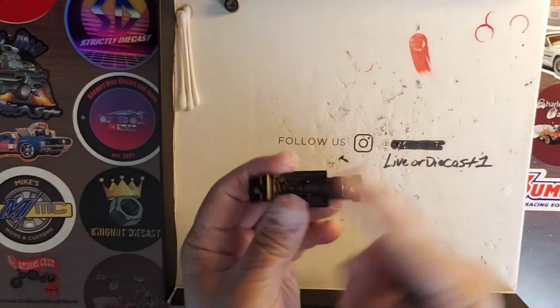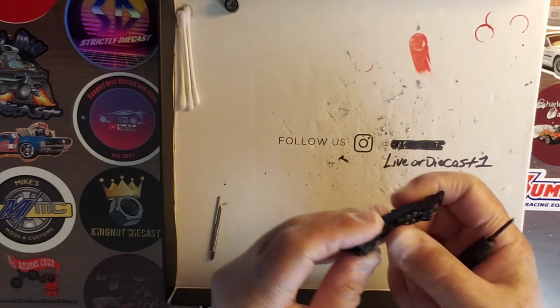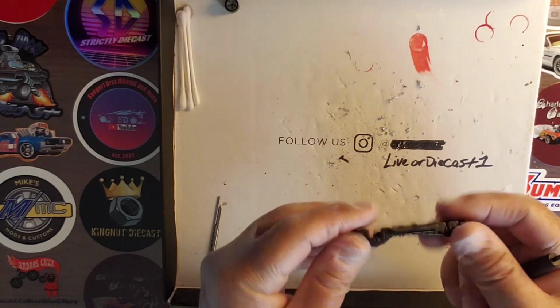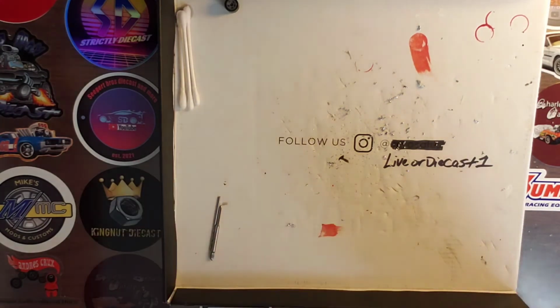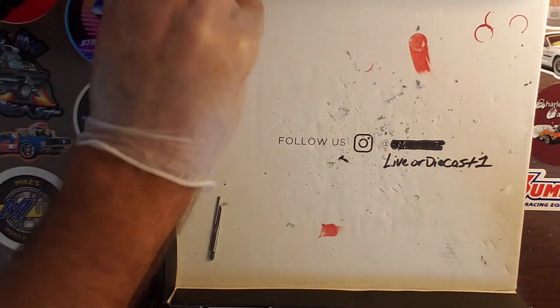We're going to do some detail work on that base. Probably not a lot. I've learned that less is more. So we'll do some small details on the base. We'll do some headlight, taillight details. But right now we are going to get our